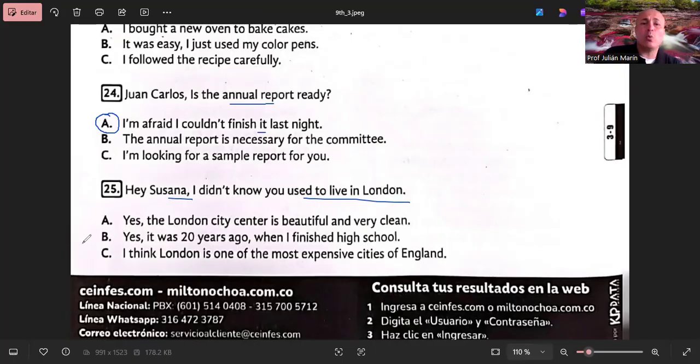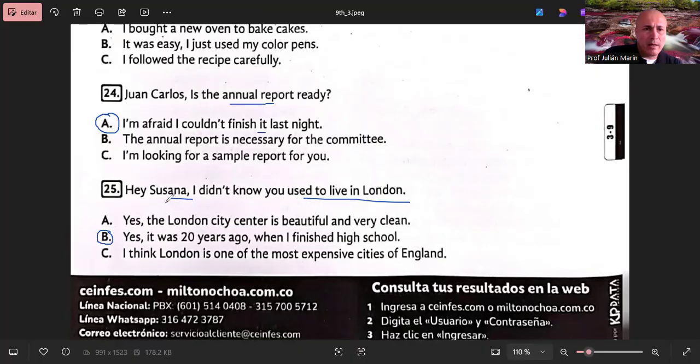B. Yes, it was 20 years ago when I finished high school. This one, if you compare it, answers better the comment. But let's evaluate C. I think London is one of the most expensive cities of England. So in this case, we have three responses that could fit. So we need to choose the best one. I would choose the best one as B, the most appropriate one,